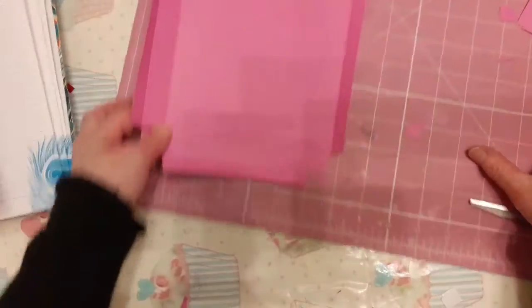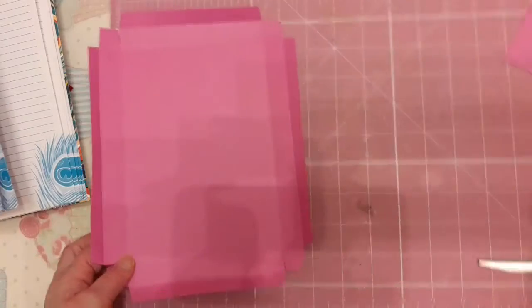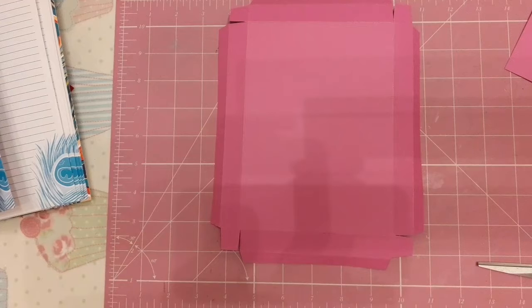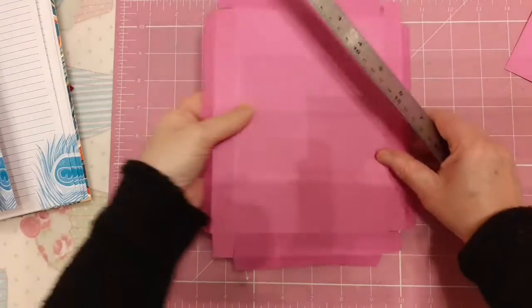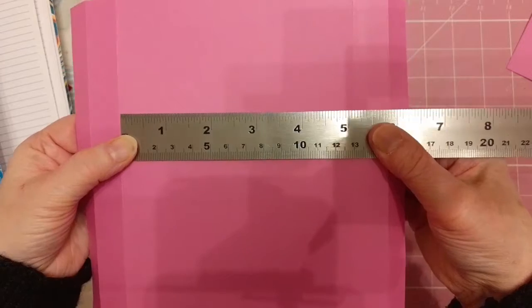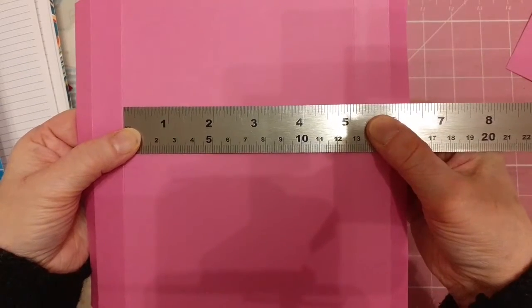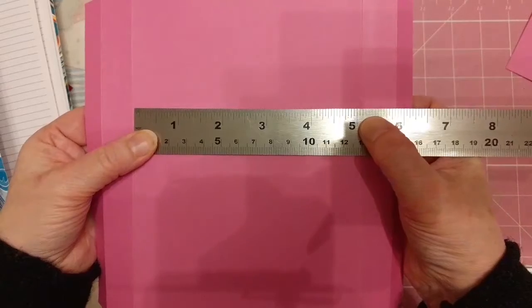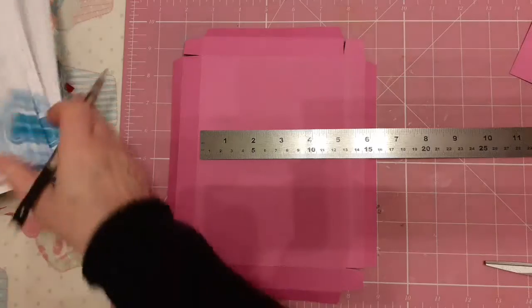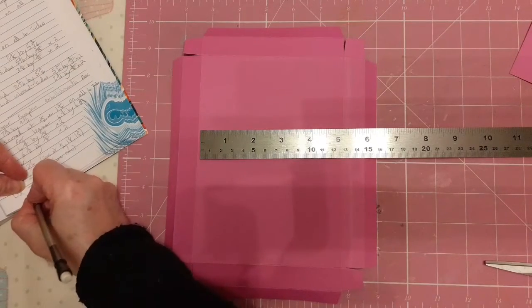Okay, so just move my bits out of the way, and then because this is the lid, I am now going to measure. This is how I do mine. I'm now going to measure what the box lid actually is now. So that's just slightly over 5, so it's 5 1/16. So I'm going to make my DSP, so I'm going to write this down because I haven't written this down. So the DSP is going to be